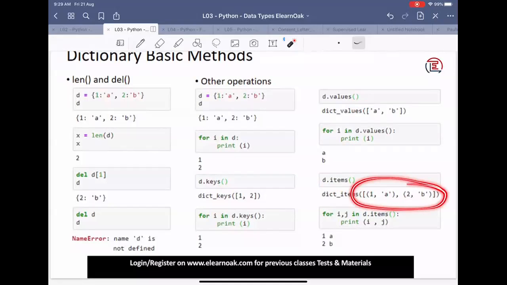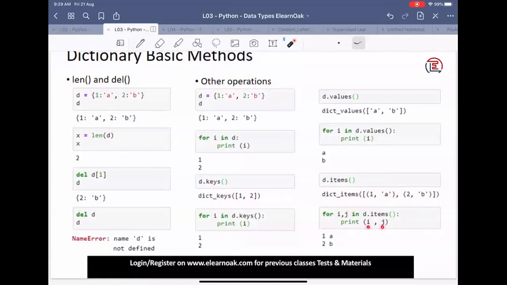And this is very interesting. Why? Because with a list of tuples, we can use it in a for loop while unpacking it. So when I write for I comma j in D.items, D.items represents a list of tuples. So I and j will take values directly from these tuples. The key will go into I, and the item value will go into j.